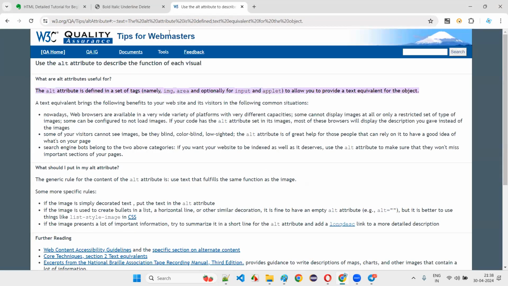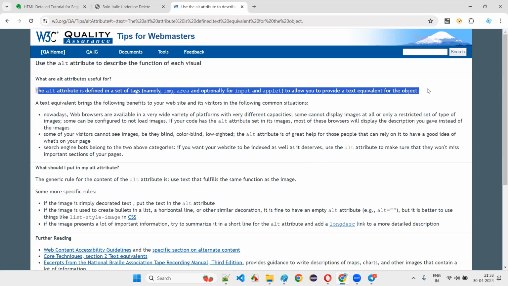Yeah, in W3C, the explanation is already there. What are the alt attributes useful for? The alt attribute is defined for a set of tags, namely IMG, area, and optionally for input, to allow you to provide a text equivalent for the object. If in case the object or image is not coming, in that place, alt text will come.